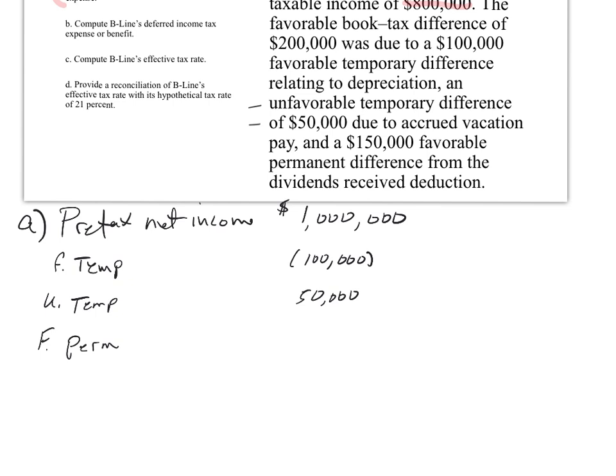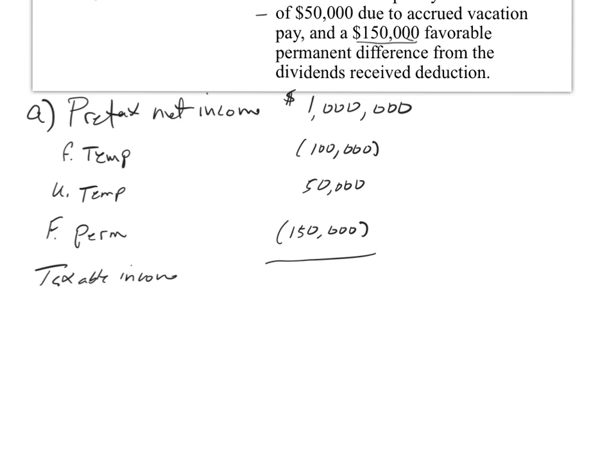Our favorable permanent difference was $150,000 from a dividends received deduction. Again, since it's favorable, that should give us the ability to calculate our taxable income, which in this case is